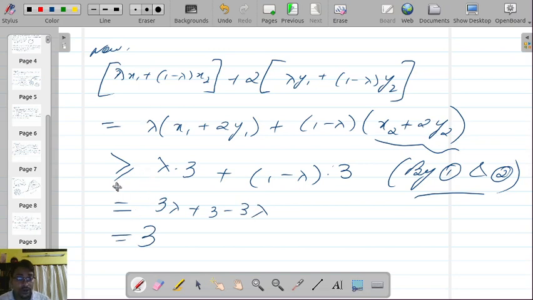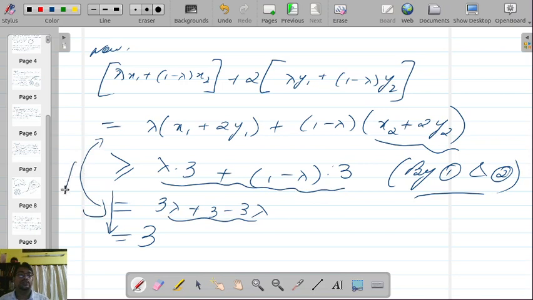So here whatever equality we are writing, these equalities actually represent that this quantity is equal to this quantity. It doesn't mean that this is equal to this, that is incorrect. This equal to is already replaced by greater than or equal to. After that when I write equal to, it means that the previous line is equal to this line. So ultimately what I have shown is that this coordinate plus 2 times this coordinate is greater than or equal to 3. Hence